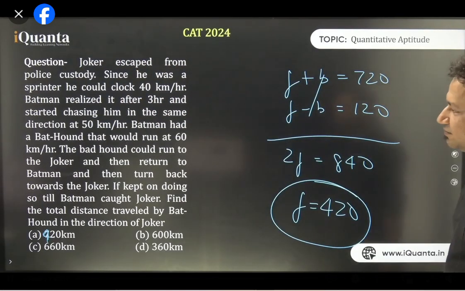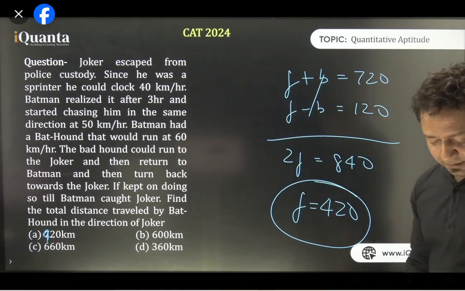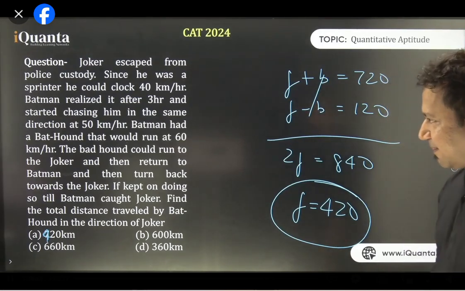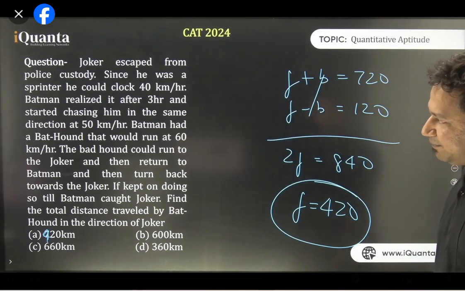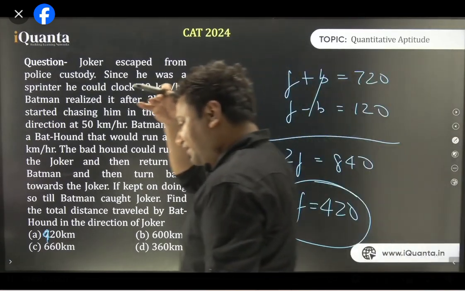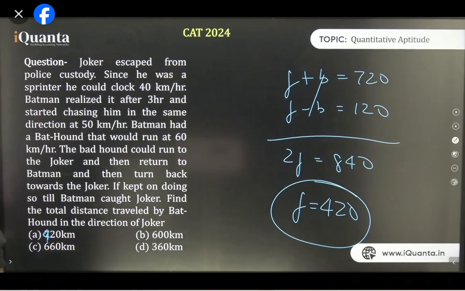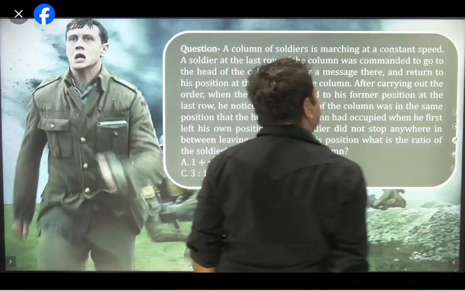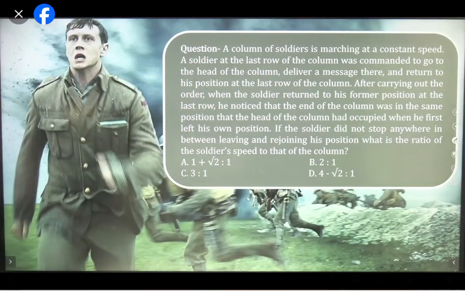By the way, how do you like this question? Brilliant, no? The logic was simple, the concept was simple. It's just that the way it was framed, people might think, let us move the Bat Dog forward and backward, and they will end up wasting a lot of time. But now they will not. This is how relative speed questions are used in CAT. The people who can interpret and understand what this scene is, you'll become one of my favorites.